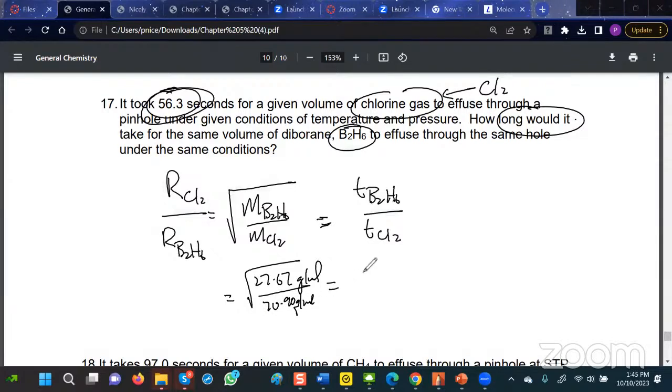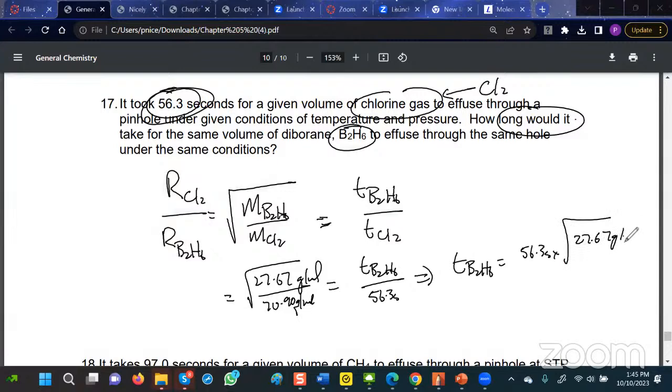And that will be equal to the time of effusion of diborane, which is what we need to find, divided by the time of effusion of chlorine, which is 56.3 seconds. So therefore, the time of effusion of diborane will be equal to 56.3 seconds multiplied by the square root of